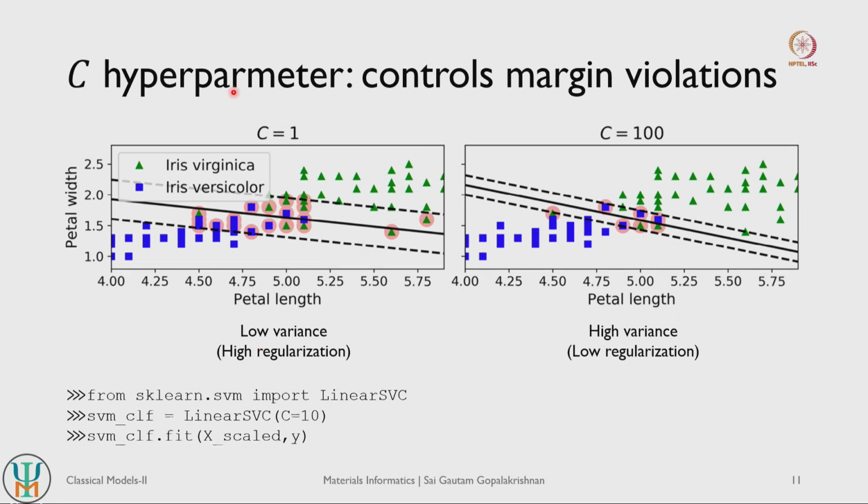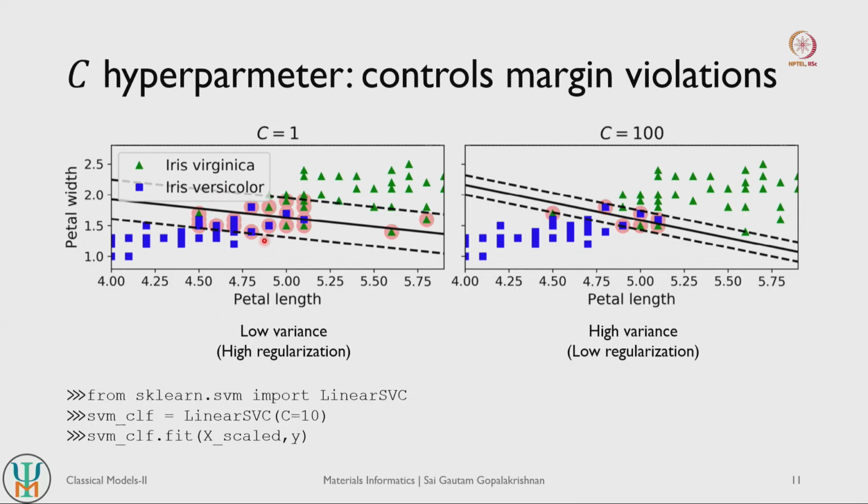The other important thing to note in support vector machines is this hyperparameter C. This is used for regularizing your support vector machine models, and it works similarly to the alpha parameter in the case of linear regression, just that C is inversely proportional to alpha, right. So, when we have low values of C, we typically have low variance or high bias. So, basically the model is highly regularized, and if we have larger values of C, then the model has higher variance. So, it has higher tendency to overfit or it has lower regularization, right.